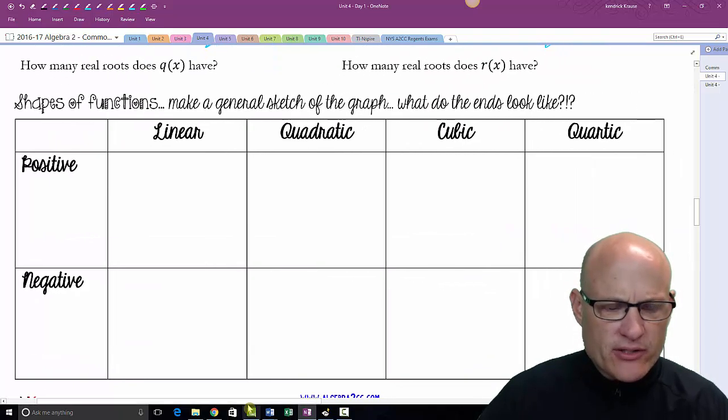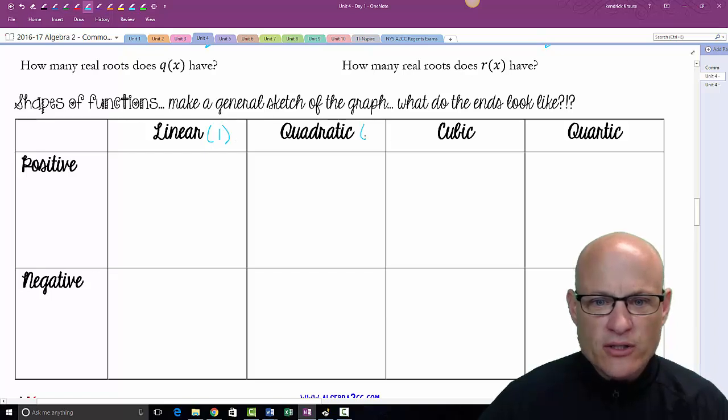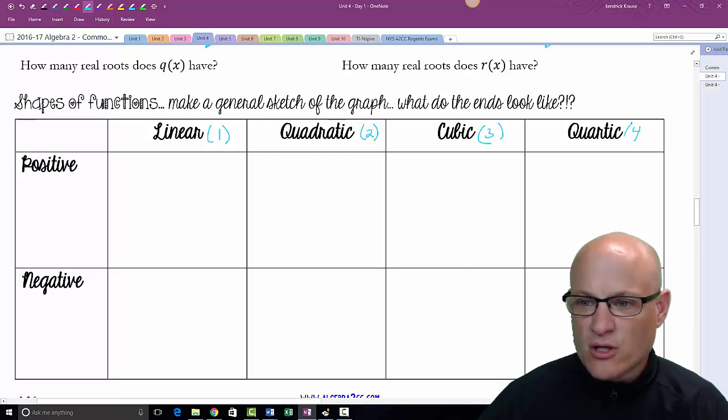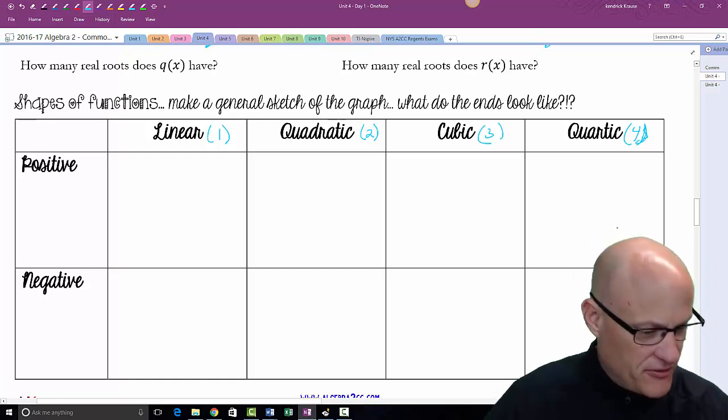First things first, I want to talk about this. The degree of this polynomial is 1. The degree of this one is 2. The degree of this one is 3. The degree of this one is 4. And we actually went up to a 5th degree polynomial, and I might throw that off the side a little bit.